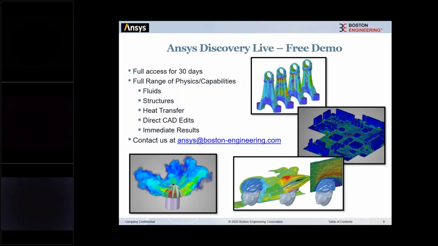And with that, this is really the end of our three demos, or excuse me, webinars. We've shown fluids and structures and heat transfer now. Terry, last month and the month before, did some great stuff showing the version of Ansys Discovery Live that's in Creo. But the bottom line is you really have to try it hands-on to believe the speed and to try your geometry, right? Anytime we have a new simulation tool, it's like, I want to try my own geometry. So shoot us a quick email, we'll get you a quick demo. We can probably get you a key by the end of the day, 30 days, and try it out.